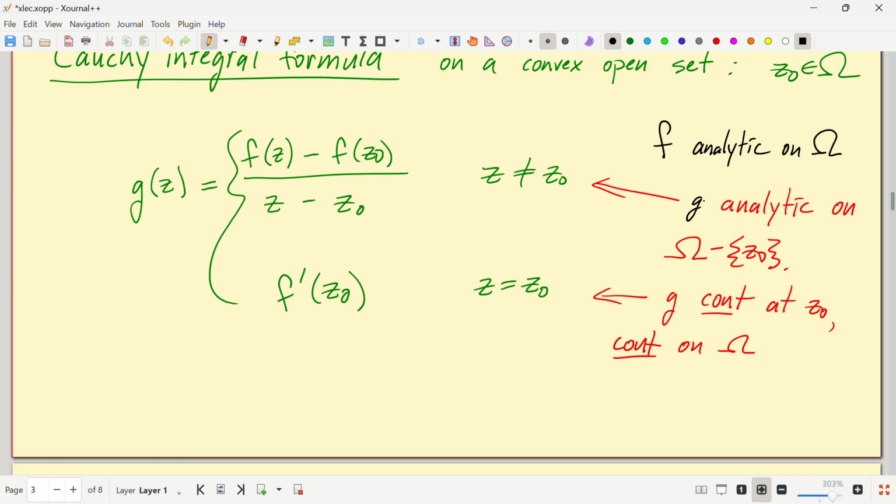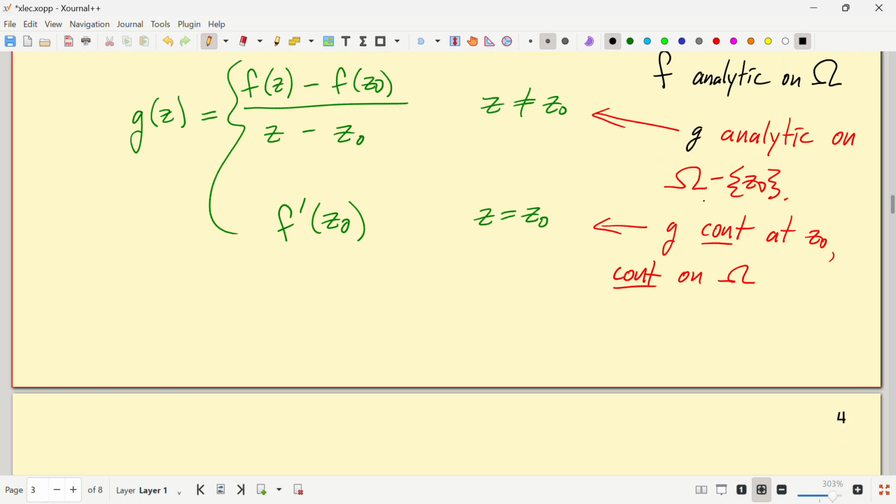And so my Cauchy theorem on convex means I can apply that. Cauchy on convex is going to tell me that the integral of g around a closed contour